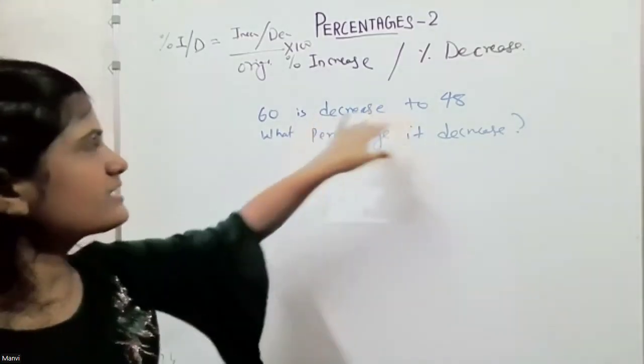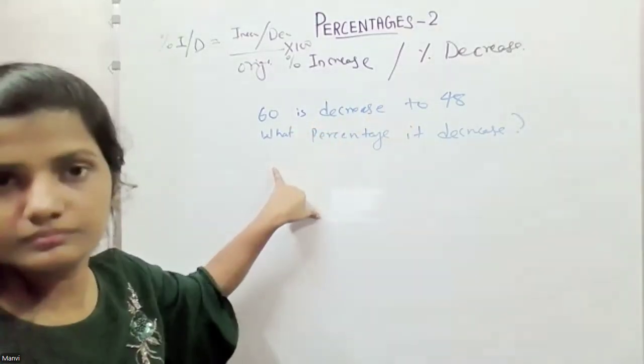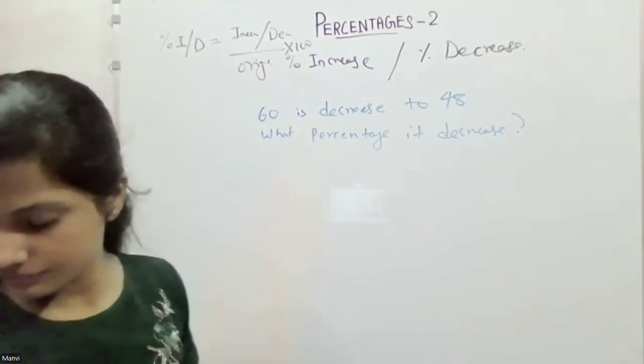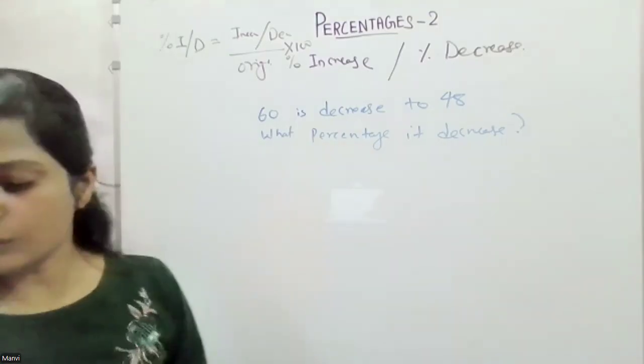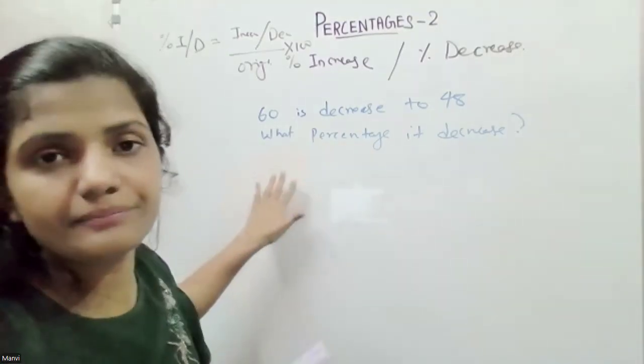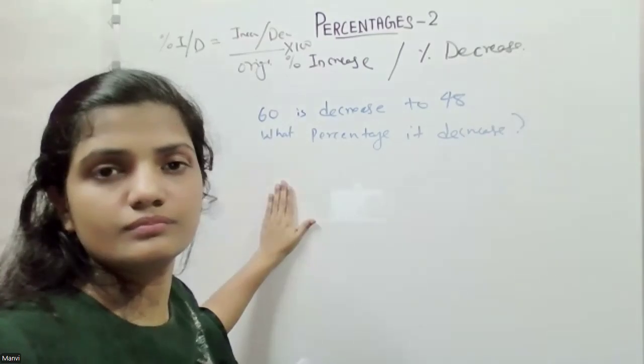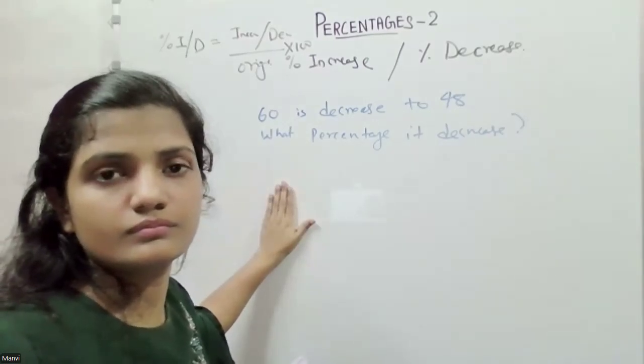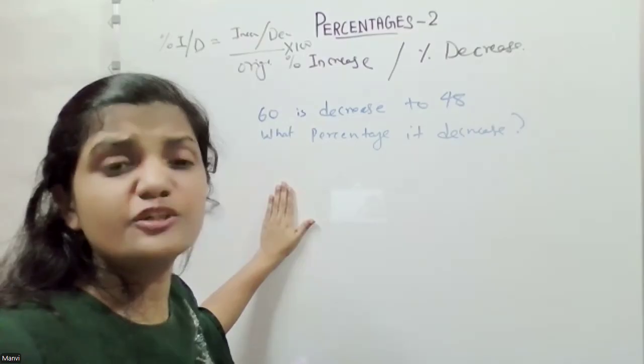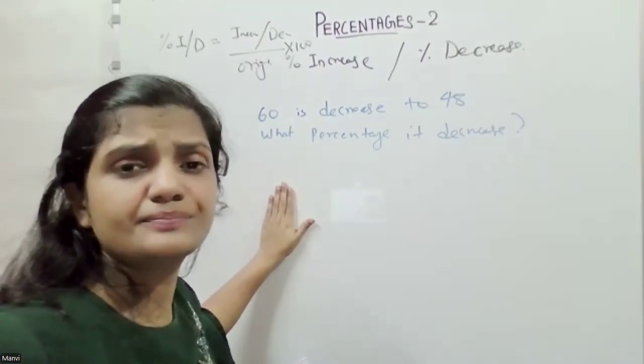What amount did it decrease by, Kavya? I did 48 at 60. No, what amount did it decrease by? Oh, I'm just still thinking. Still thinking. Did you subtract these two or not?